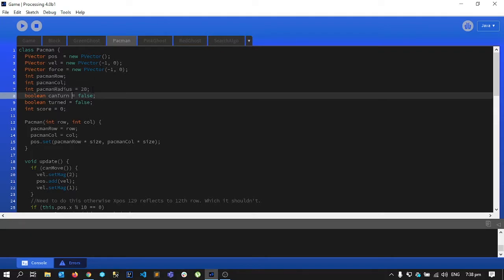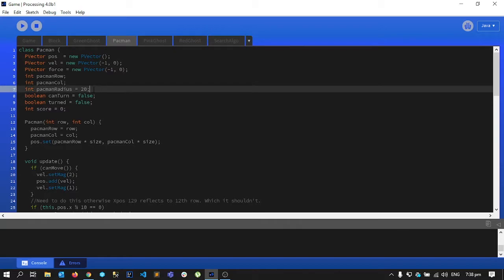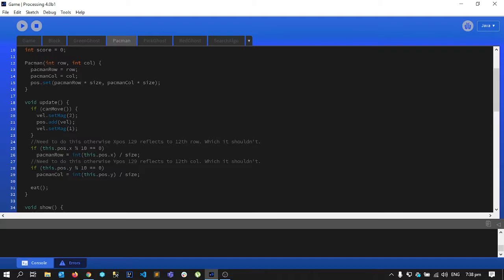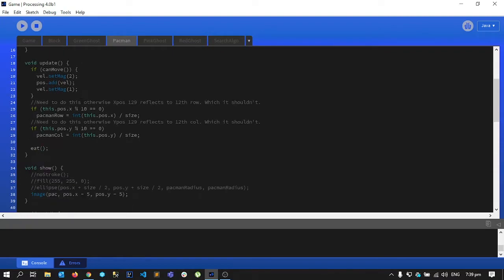So there might be some extra pieces of code you see, like this one. This is not necessary now. Then there are some boolean variables that can turn, and then score. When we initialize Pac-Man, we have to give it a row and column where it starts initially, and then there is an update function.